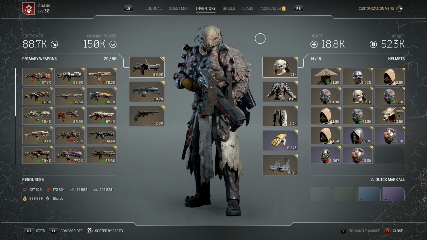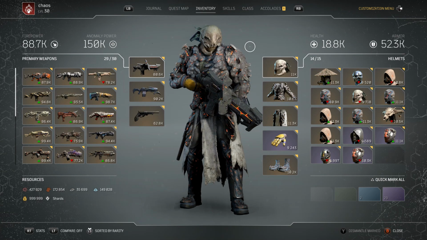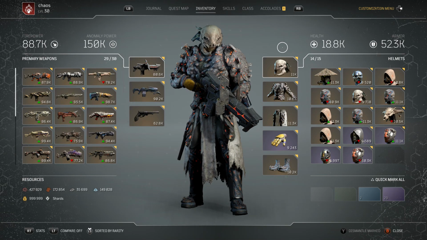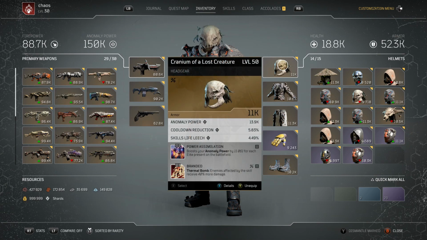Now here comes the fun part, and this is just so different. It really is, but I love the looks of the character. I really do. I feel like it just looks so good like this. But honestly, like I said, if you want to swap some stuff around, if you want to change things up, you very well could, because there's a few opportunities here, but this does still work and is really fun for the playstyle. So what we've got is Cranium of a Lost Creature, and the main reason I've gone with this,